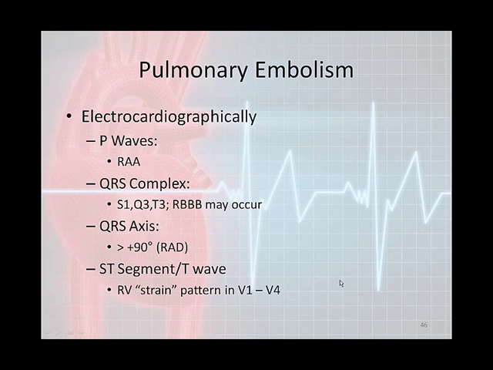First, what's going to happen is that you're going to have P waves which appear to give you a right atrial enlargement. That's supposed to be a right atrial enlargement. So you could have some peaking of your P waves. You're going to have something called an